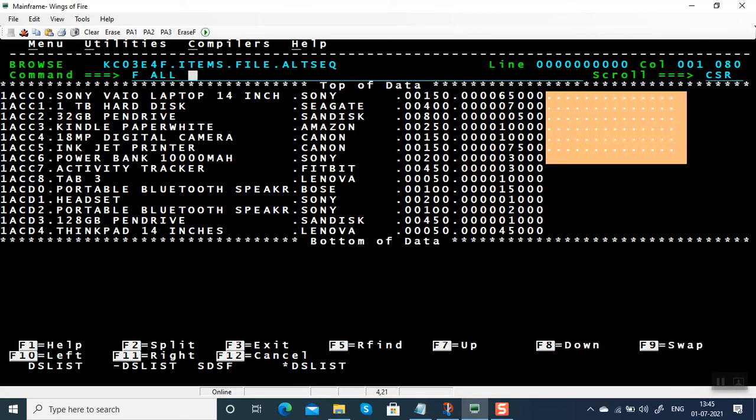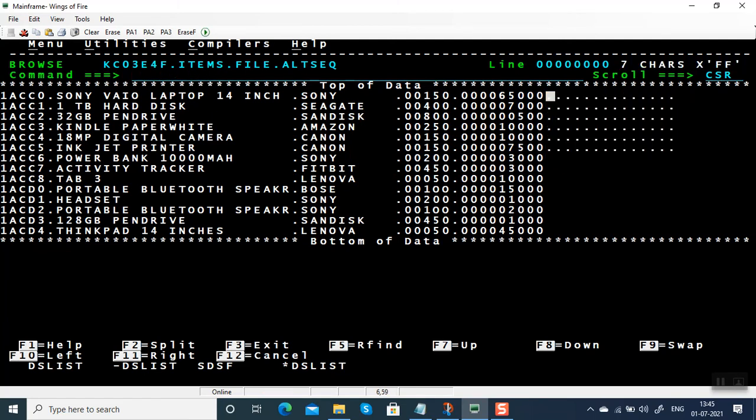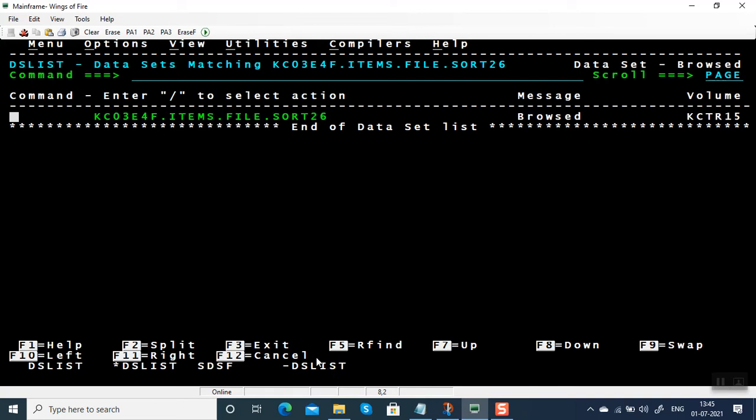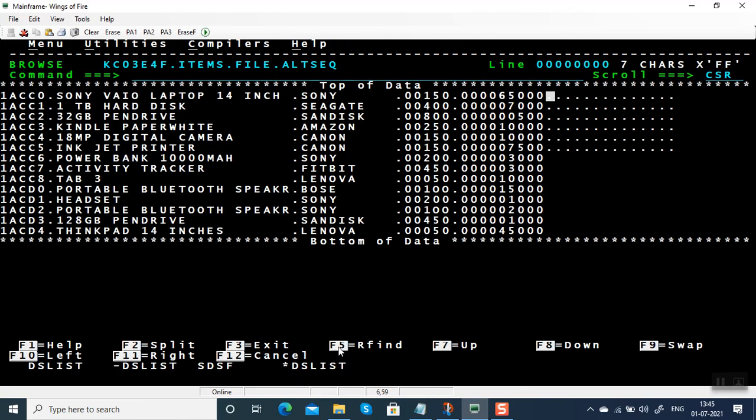Okay, find all hexadecimal FF, we have 7 characters, which is the highest value. Even low value will be seen as a dot, even high value will be seen as a dot, even a dot will be shown as a dot. But we have to see what the original storage value is. In mainframe, it stores data in double hexadecimal, which is EBCDIC format. I'm going to convert FF to spaces again. I'm going to come out of this file.